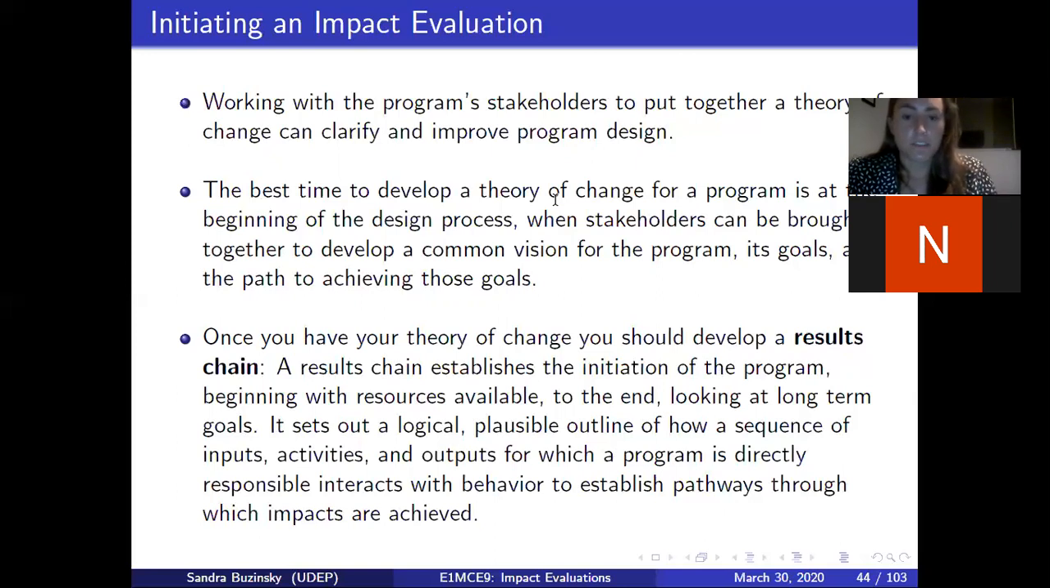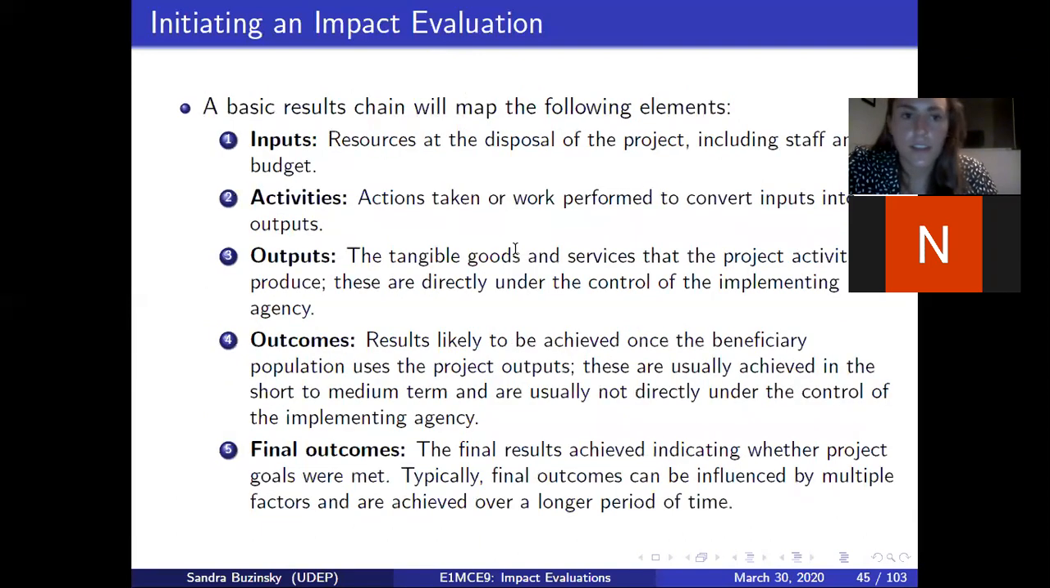Okay, so from your theory of change, you'll have a results chain. So basically the connections between X and Y. It can begin with resources available, to inputs, to outputs. And basically they should directly interact with each other and have a causal effect. So a basic results chain will map the following elements. We have inputs,